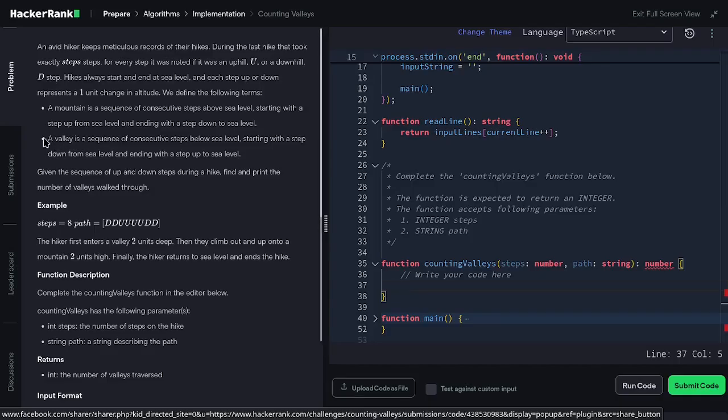And a valley is the opposite of a mountain. So it starts with a -1 from sea level and then ends with a +1 that leads to 0 elevation, the sea level, which is 0. And given the sequence of up and down steps during a hike, find and print the number of valleys walked